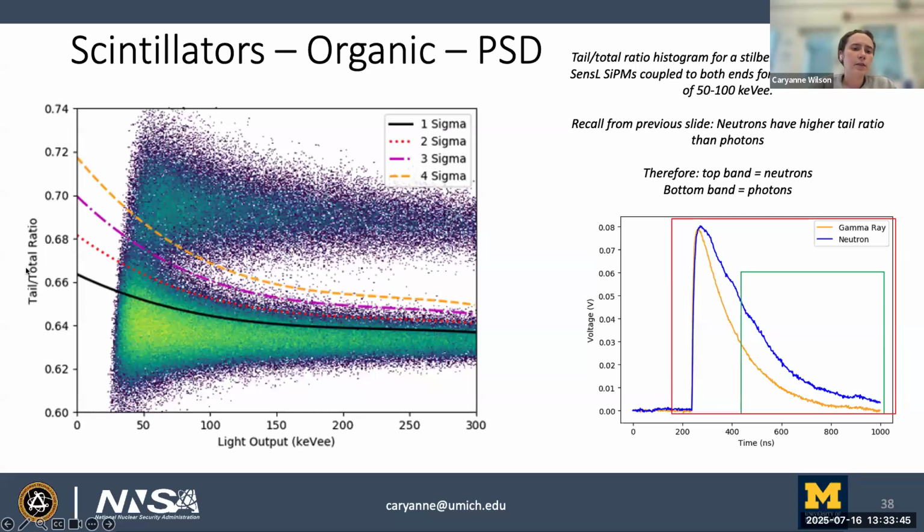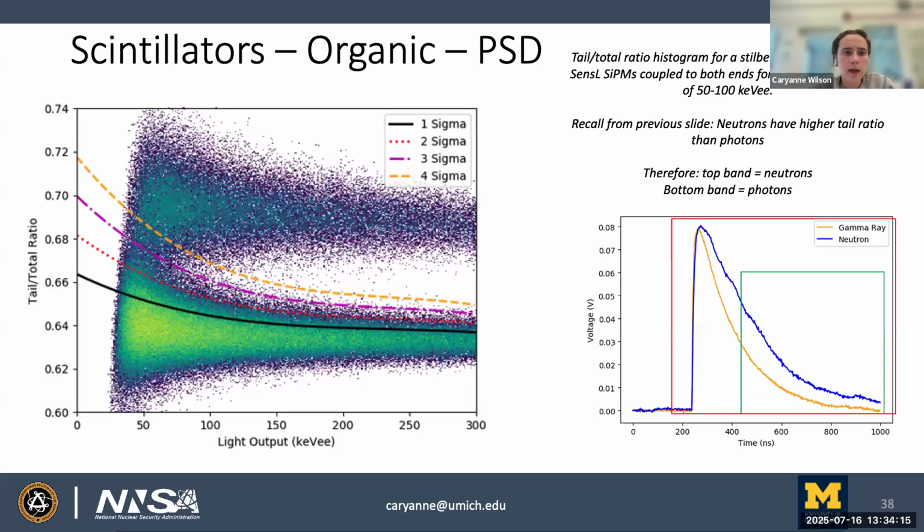So you plot this integral, and then you can plot light output in keV. And the top is the neutron band, and the bottom is the gamma ray band. Discrimination also depends on the amount of energy deposited. So at higher light outputs, it's more prominent. And then actually, I just want to make a point